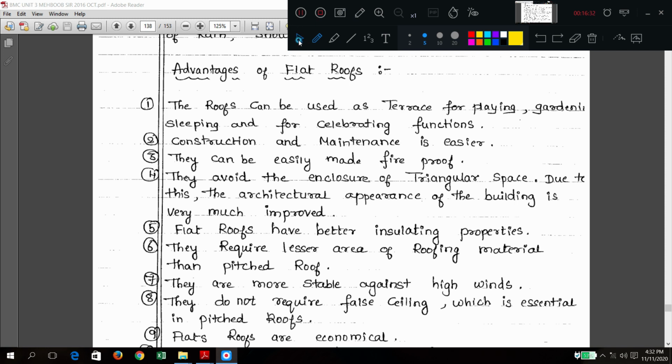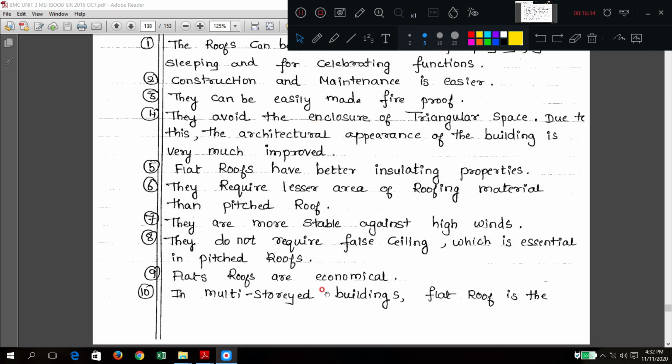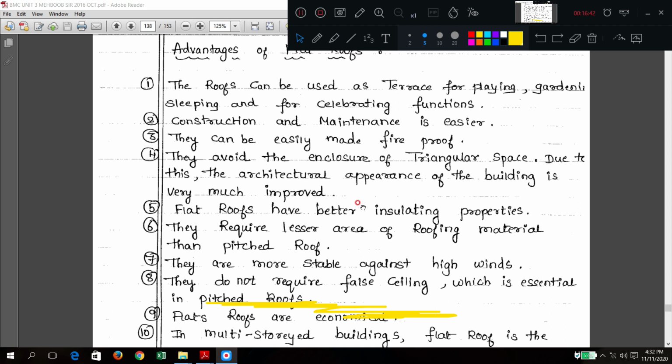So apart from that, any other general point? Economical, okay. And construction of multi-story building for a flat roof is very easy. So just go through the points once again. The terrace can be used for gardening, playing and other activities. Construction and maintenance are very easy.